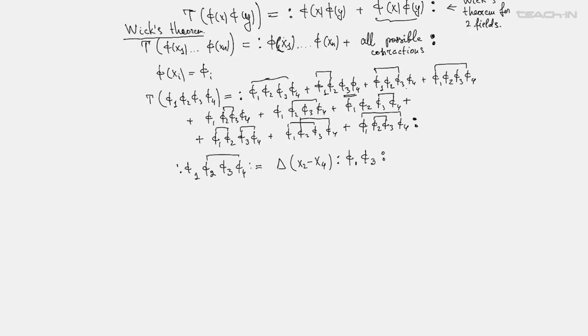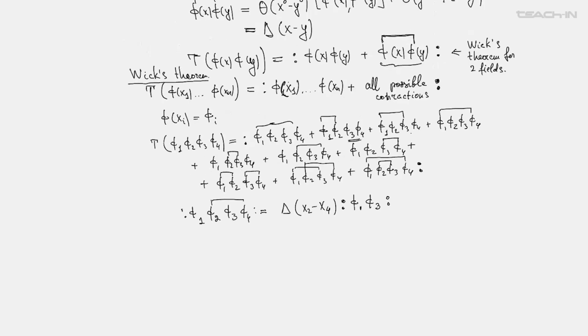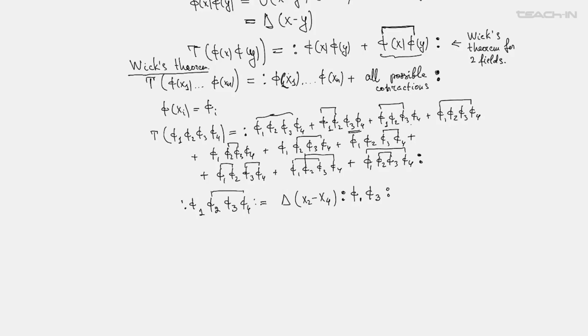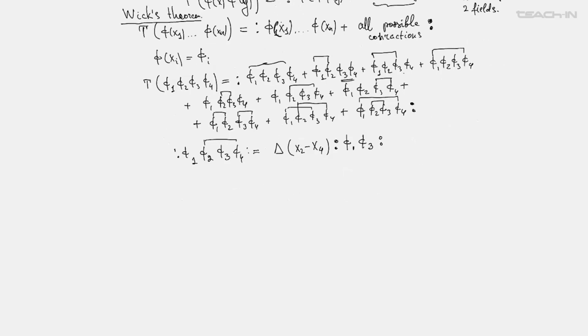Moreover, such a rearrangement of the T-ordered product in terms of normal ordered products of fields allows us immediately to compute the vacuum expectation values. For instance, if you put the T-ordered product of our 4 fields, phi 1, phi 2, phi 3, phi 4, in the vacuum, so what we compute is the vacuum expectation value, as it's called,